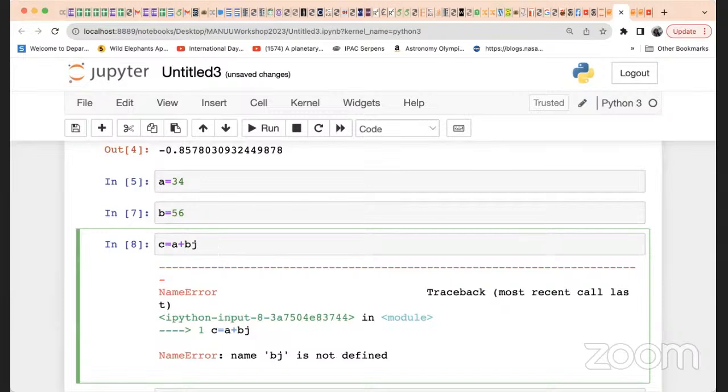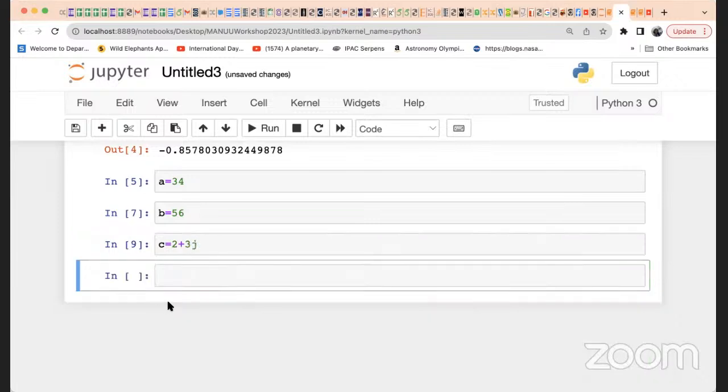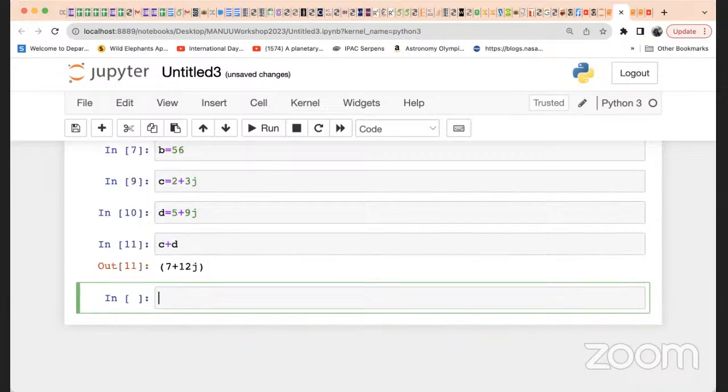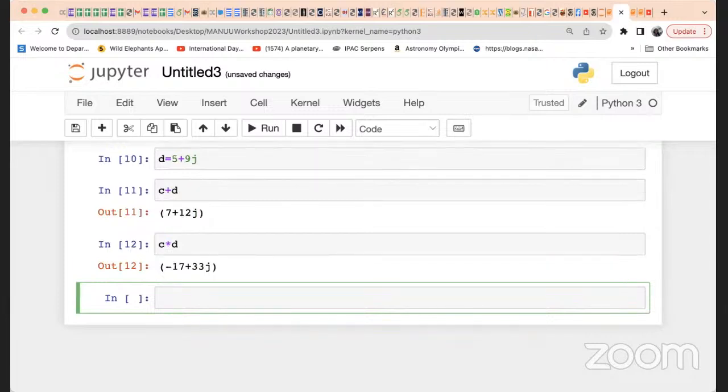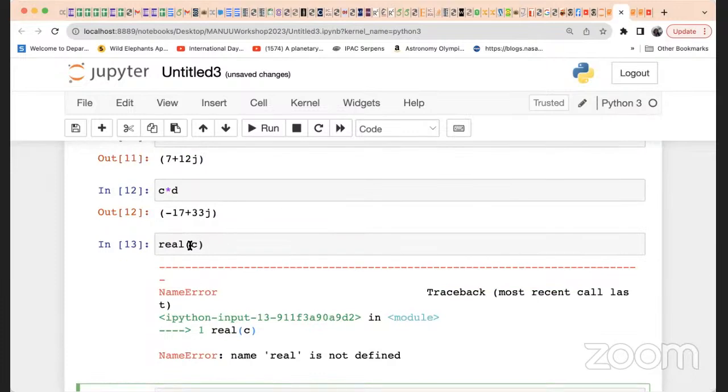Sorry, C is 2 plus 3j. So we can define complex numbers too. And suppose I have D which is 5 plus 9j. I can do C plus D. It handles complex numbers. C, D, then real,